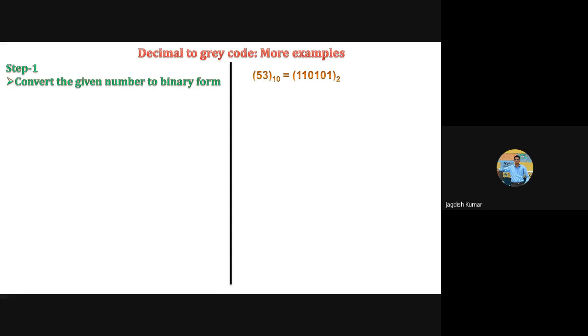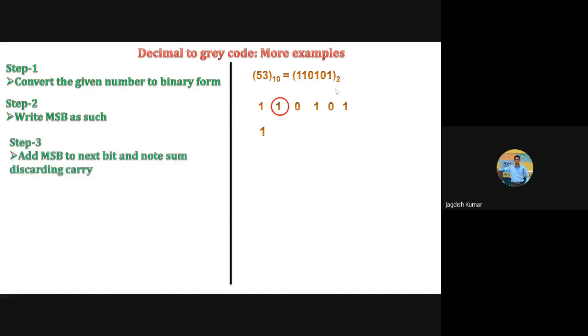11010101. Okay. Now what will be the next step? You have to write down the most significant bit as such. So this is our binary number now, 53. Write the most significant bit this way. Then add the same thing. So what will be 1 plus 1? 0. Correct? Carry will be discarded. Keep on doing this. So 1 plus 0 is 1. Correct?